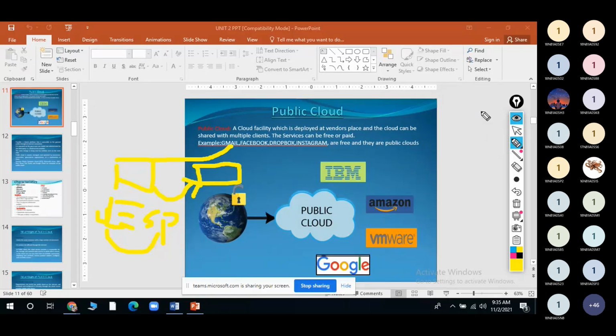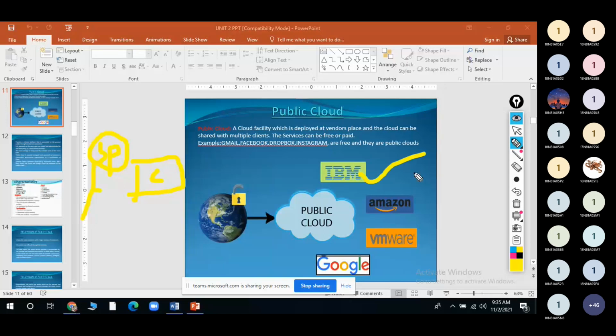So here I said service providers. Who are the service providers? Whatever services we are using from the cloud, who will be providing them? Service providers like IBM, Amazon, Google, VMware, and there are many, like Microsoft Azure.